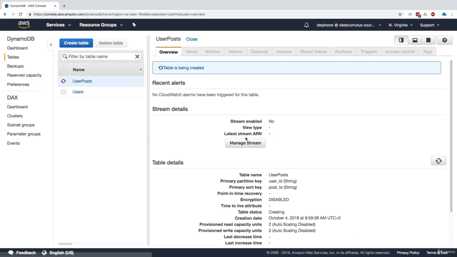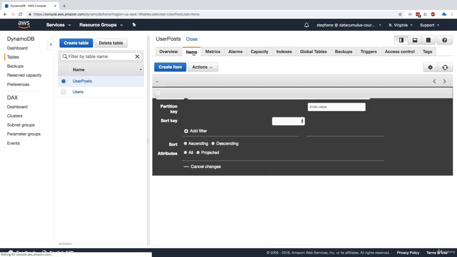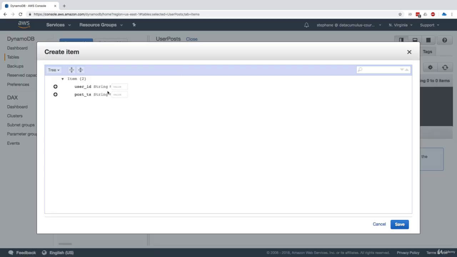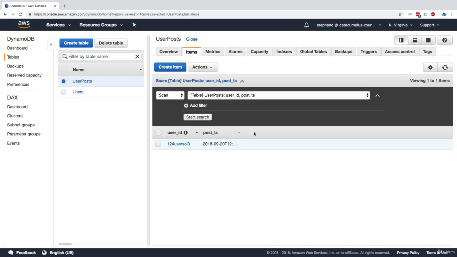Click on create. And so now this table is going to be a little bit different because we have a primary partition key and a primary sort key. So now we're able to add multiple user IDs and have the post timestamp to be distinct. So let's have a quick play with it. We can go and create an item. And so for the user ID, again, just choose whatever you want. For the post timestamp, you need to enter a date, so 2018, and then the month, and then the day, and then a timestamp. So we'll say 12/30/40Z, click on save. And so here we have our posts.